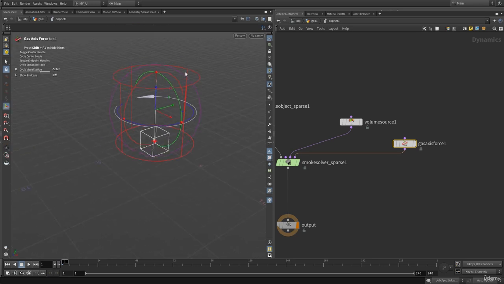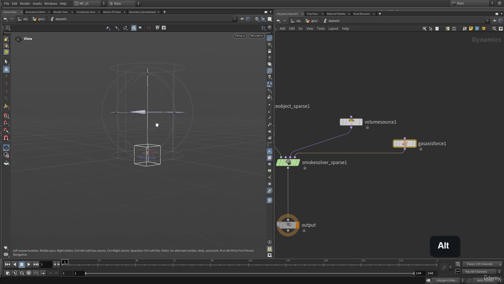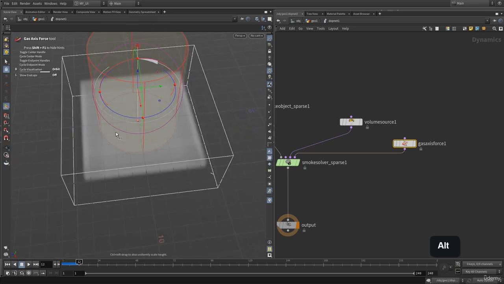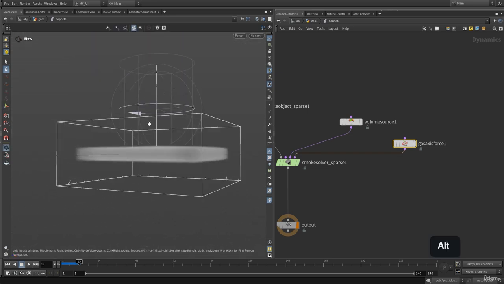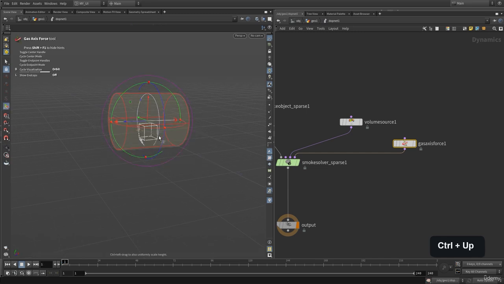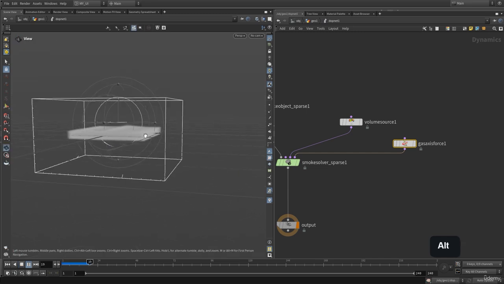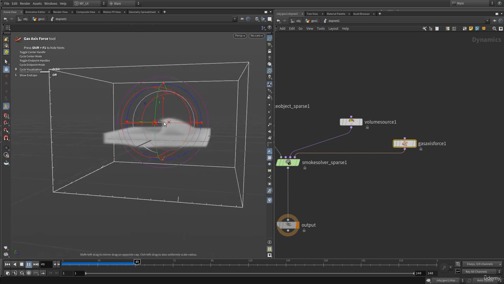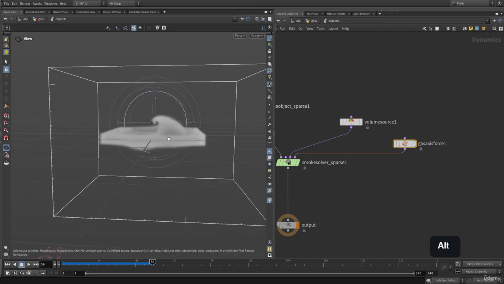Let me make its size bigger to increase its height, because let me hit play, our source has been aligned in this way. I'm going to rotate this force, so let's use its rotation handle, this Y rotation, and I'm going to rotate this like so. And maybe let's rotate this in here, and let's move this cylinder down. And now let's hit rewind and hit play. And now here as you can see, our smoke is moving inside of this axis,